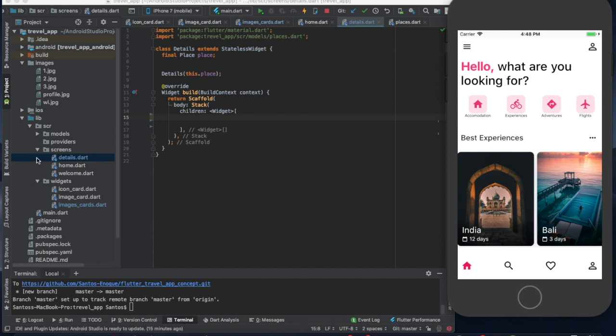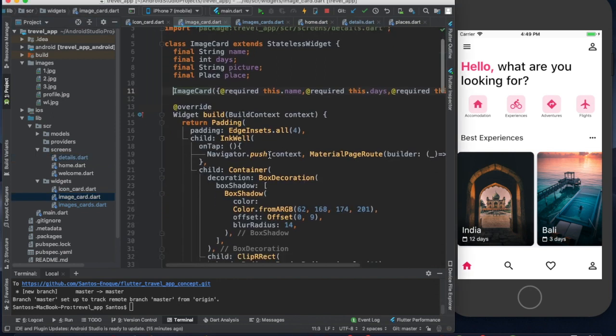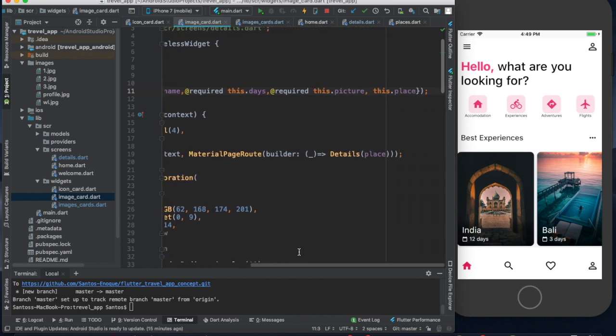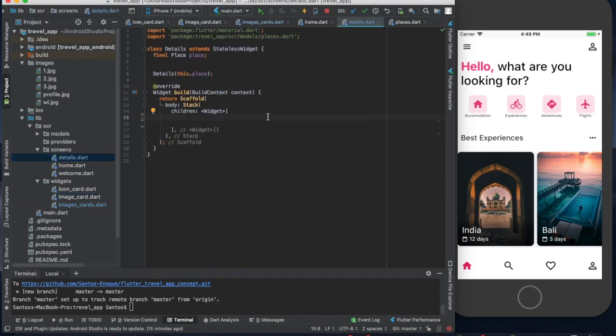So guys, here on our screens, we have the home, welcome, and finally we have our details screen, which will require one argument, which is the place. And if we go back to our widgets, our image card, we have here on pressed on tap, it's going to open our details screen and it's going to pass in the place. So going back to our details screen,